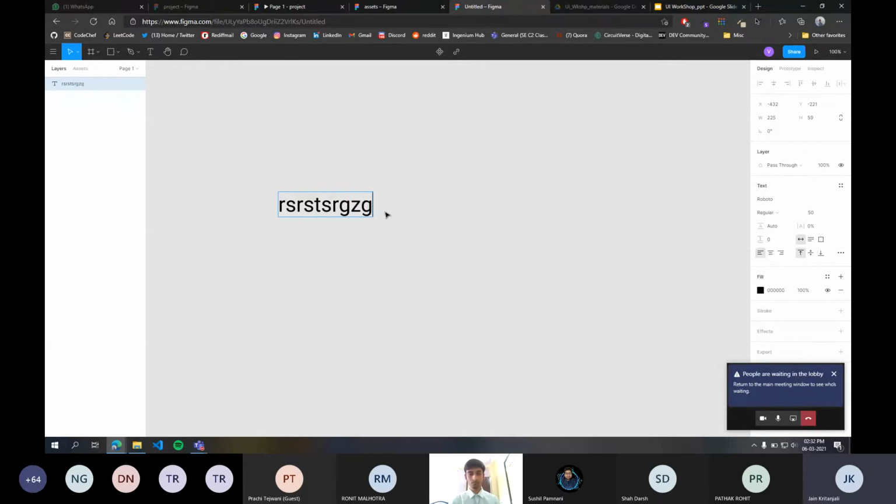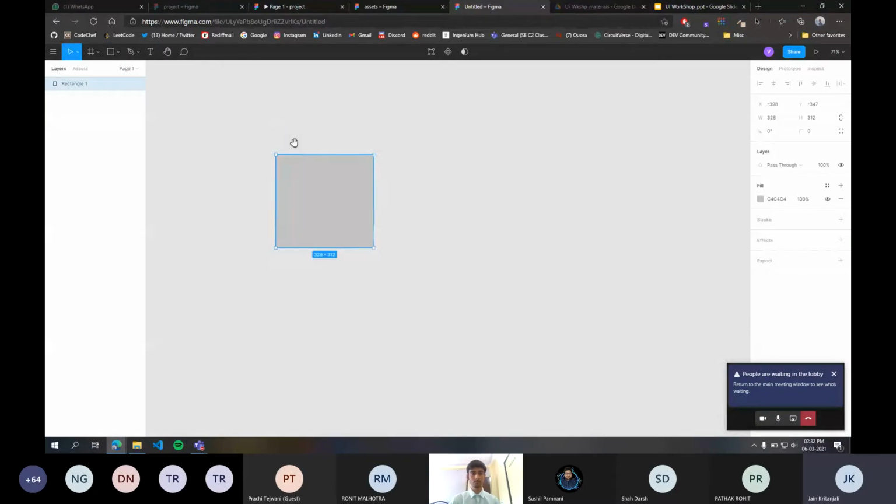The next tool that we have is the hand tool. The hand tool has the keyboard shortcut H, or you can also use the space bar. It is basically used to move around in the screen. So when we have a lot of design frames made, then at that time it is a little difficult to move around without disturbing your prototype and wiring. So that is when this tool is used.